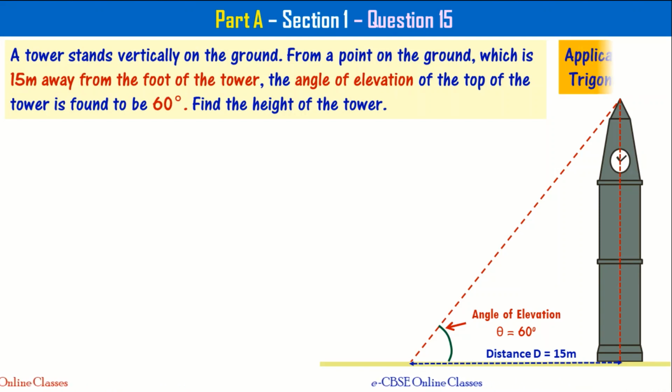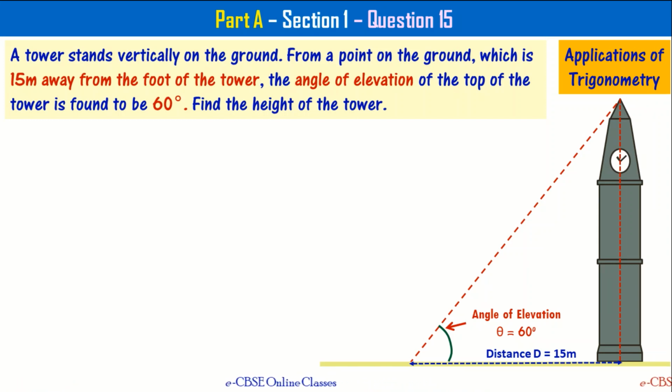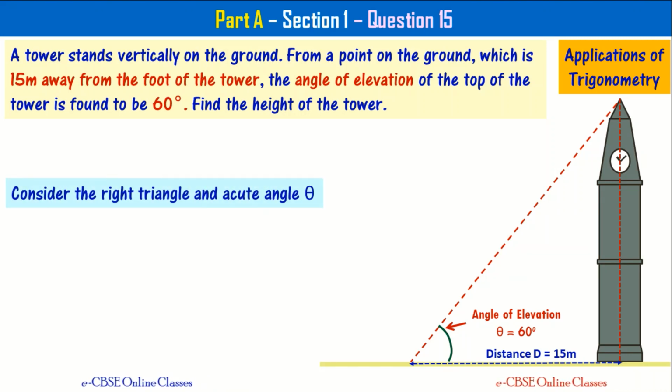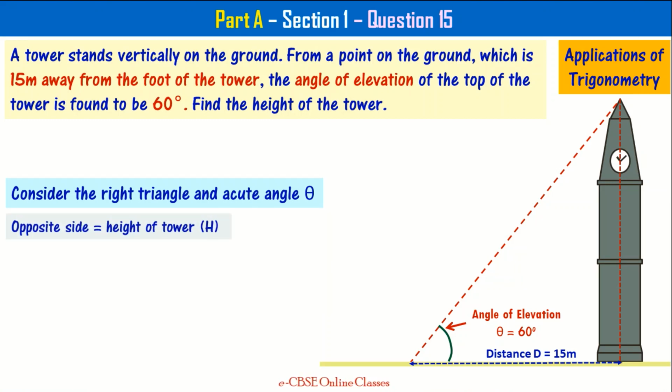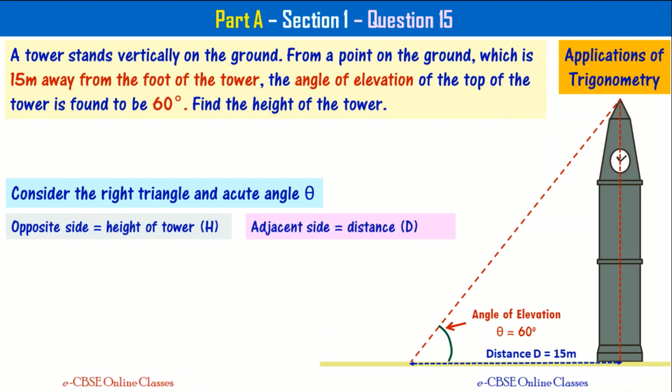This is from the applications of trigonometry chapter. If you consider the right triangle and acute angle theta as shown in the figure, the side opposite to theta is going to be the height of the tower, denoted using h here, and the adjacent side is going to be the distance between the point and